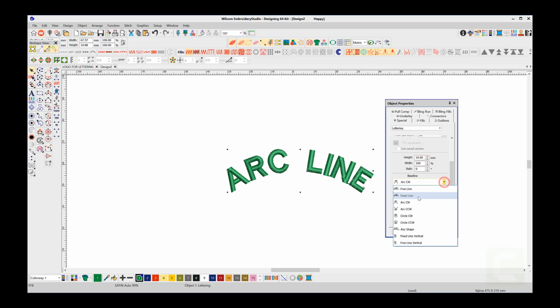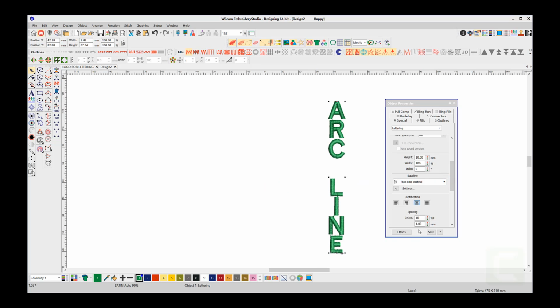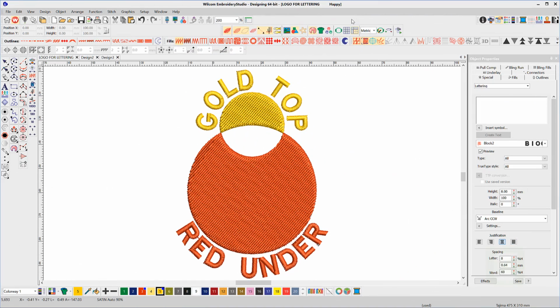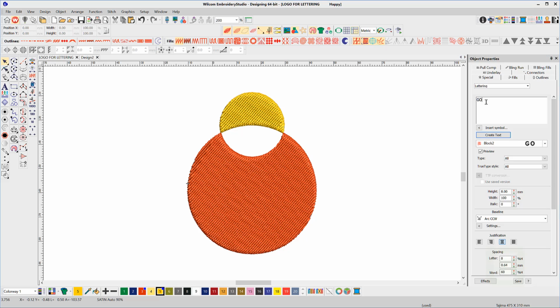Baselines are a property of a line of lettering and can be changed by selecting an alternate baseline after the lettering has been created. In this video, we will create two baselines from the beginning, an arc over and an arc under the logo. Go through the normal procedure of typing in your letters, selecting the font, the size and